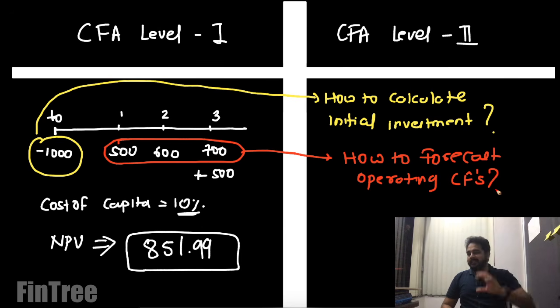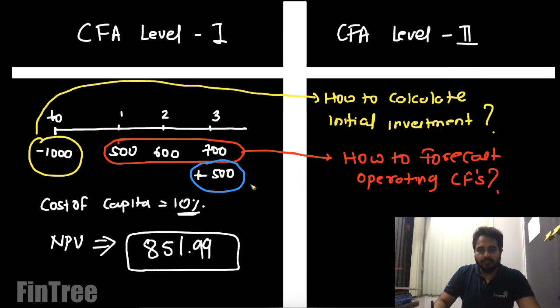So they will give us sales, operating cost, taxes, depreciation, this, that, and then using that we will have to forecast operating cash flow. And it doesn't stop there, because we will also have to develop the skill of how to calculate